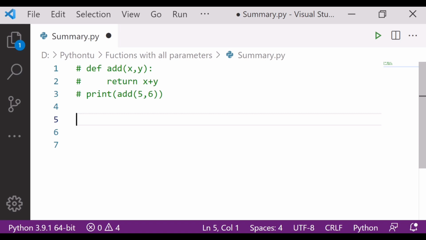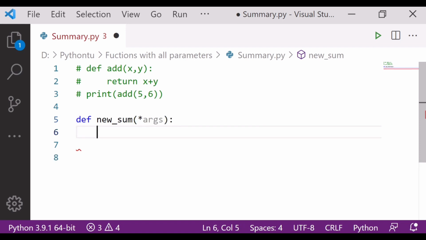I write def new_sum, asterisk symbol, args. Then suppose I have to add any numbers, so I want the total. I write total is equal to 0.